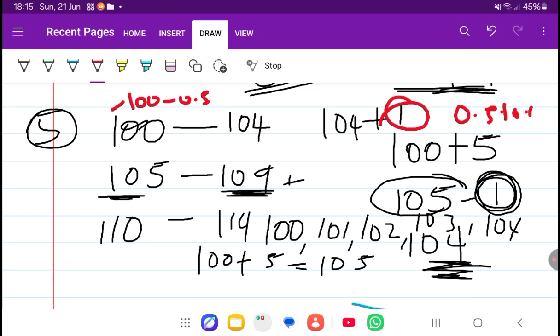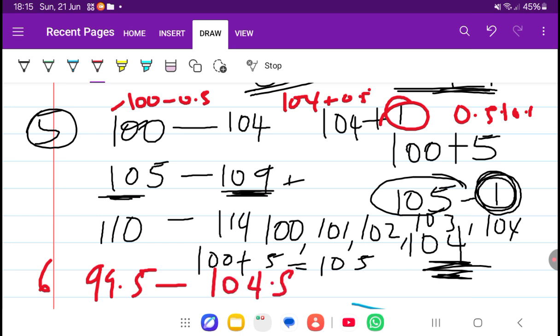It's like we are picking the extreme values. Then on this one, it will be 104 plus 0.5. So if I'm to look for step 6 for the class width, I'll have this one as 99.5 to 104.5. When you subtract these 2, you will still get your